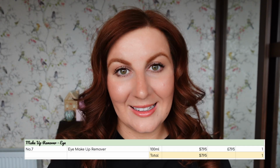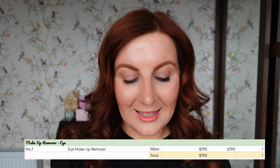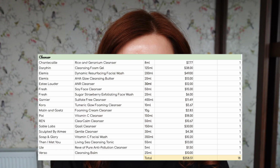Starting off with the inventory numbers, eye makeup removers, I'm opening with one item in that category worth $7.95. Then slightly bigger, I have my face makeup removers. I have 4 of those and they're worth a total of $115.58. Cleansers is my first really pretty big category. So I have 18 of those worth